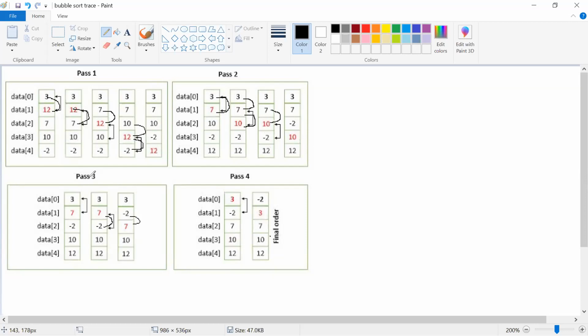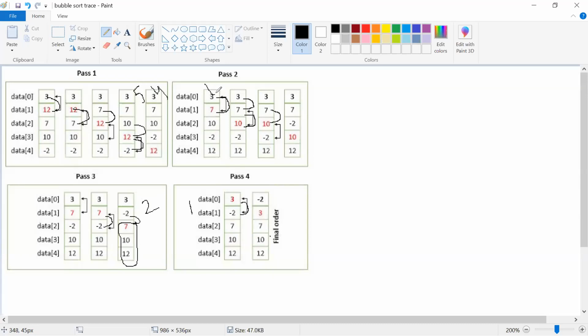By the end of pass 3, these 3 numbers have been settled in their positions, and we are left with only these 2 numbers. When we have to sort these 2 numbers, how many comparisons do we need? Only one comparison. Here 2 numbers to be sorted, so one comparison. Here 5 numbers to be sorted, so 4 comparisons.